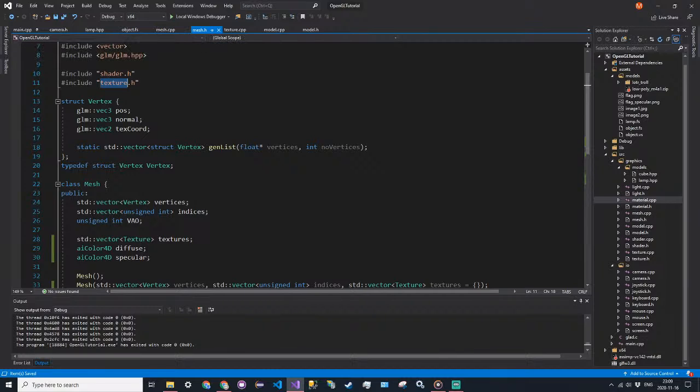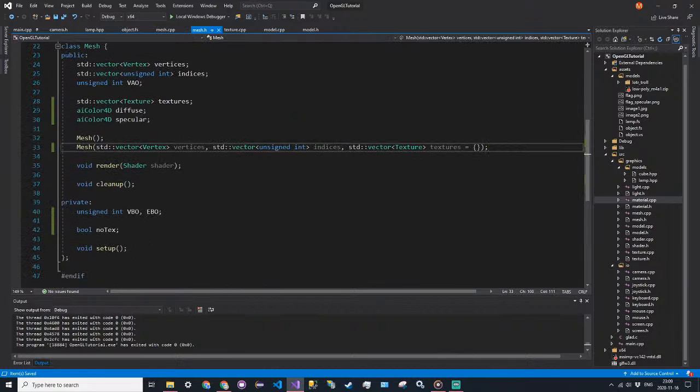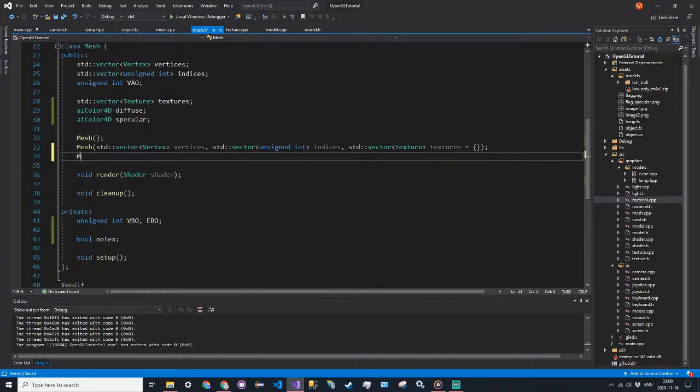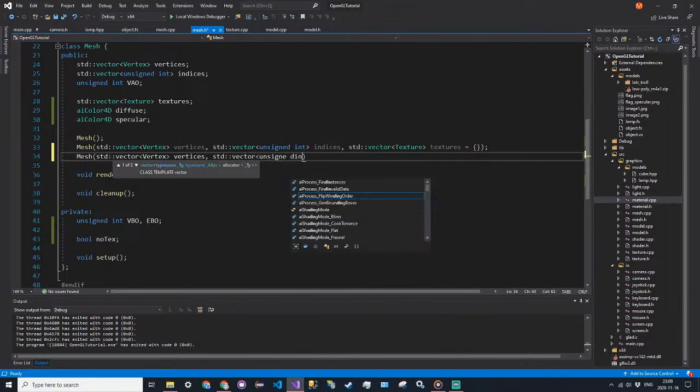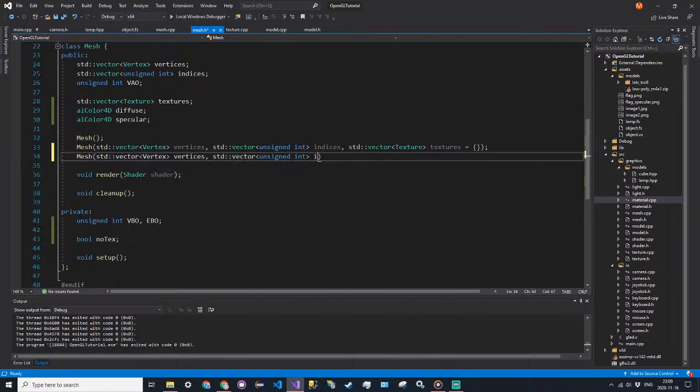In mesh.h, we now want to have the second constructor here. So Mesh will have a std::vector of Vertex for vertices, a std::vector of unsigned int for indices, then the aiColor4D diffuse and aiColor4D specular. Then copy this function signature over